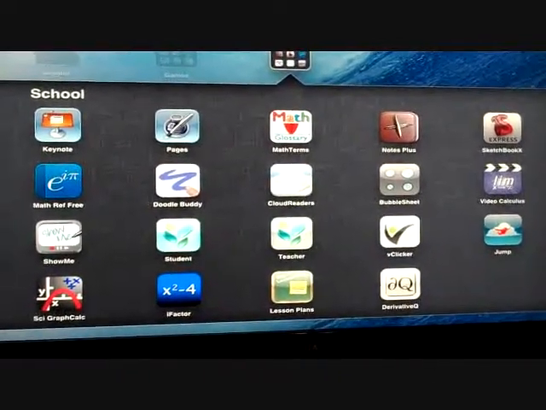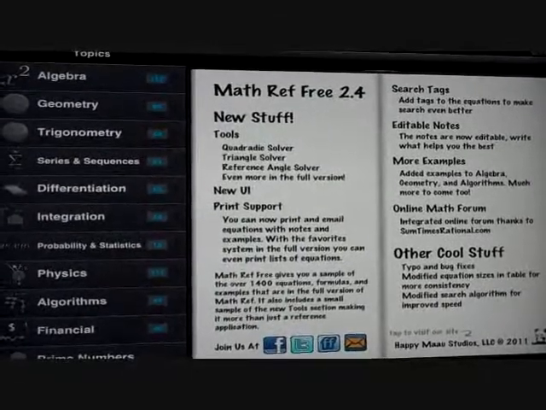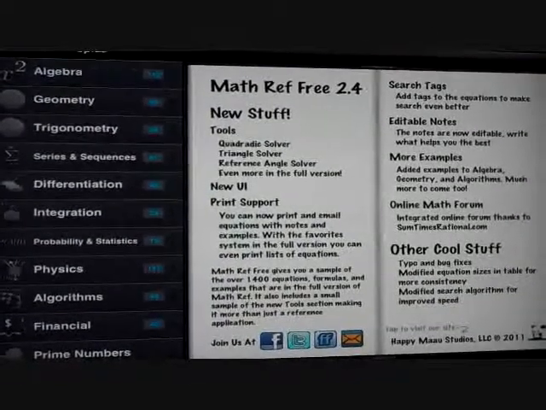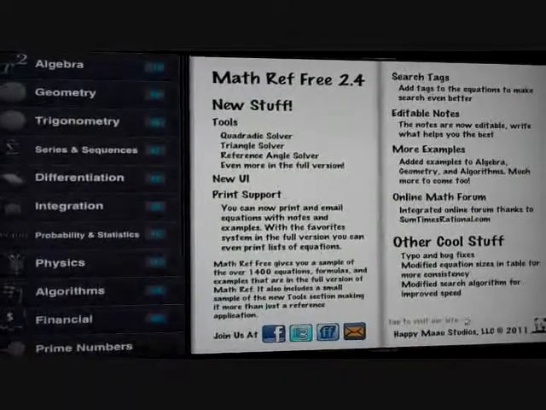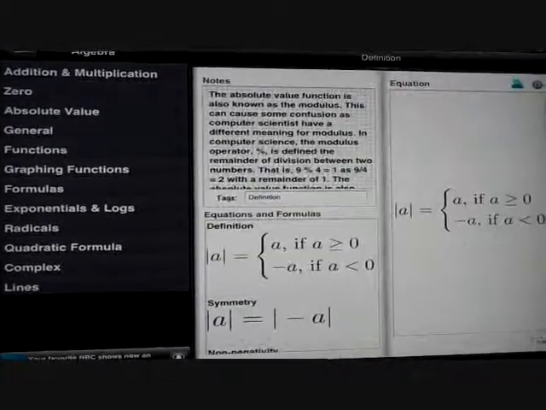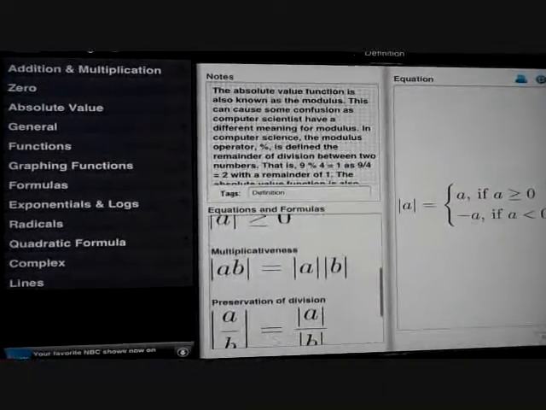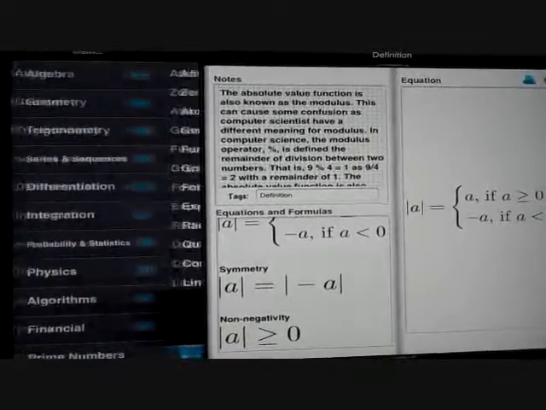One that I really use a lot is this math reference. I can open that up. I usually tell any of my students that have an iPad or even an iPhone or iPod, you can use it. You can see it goes through tons of different classes. So even my algebra students can see basic information. Here's information on absolute value. It's kind of tough for them to understand the concepts that are going on, but it actually works really well